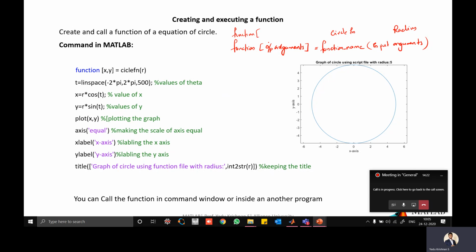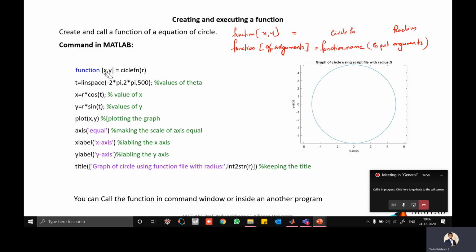What is the output argument? If you know the R value, you need to identify X and Y. So X comma Y will be your output arguments. What output values do you want? X and Y only. Once you have X and Y, you can plot it. So X and Y will be your output arguments, and the input argument is nothing but the radius. We just write that first here.